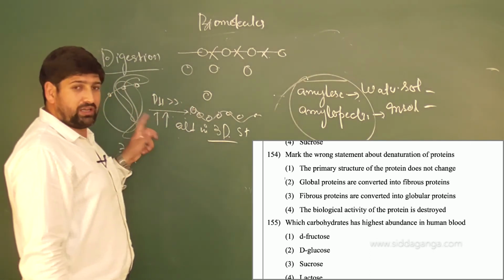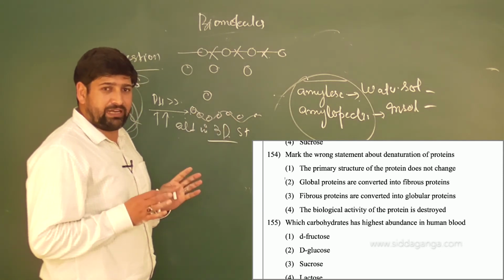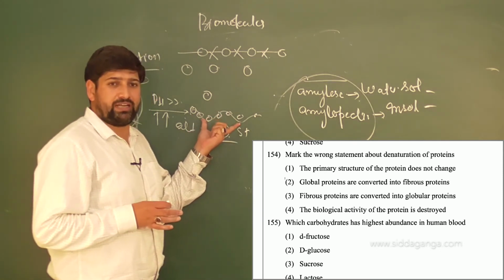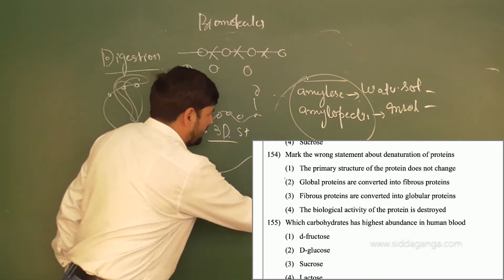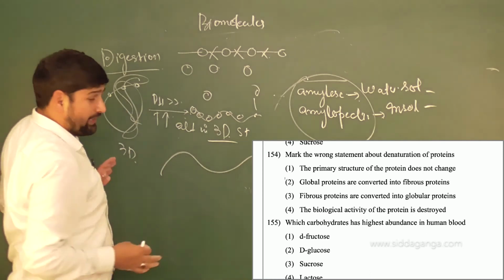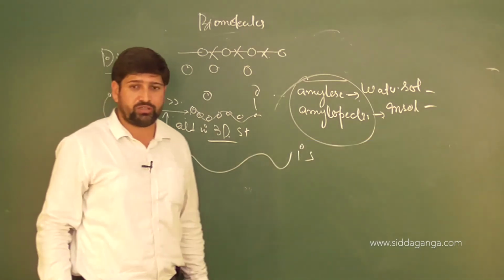When you alter the conditions, this chain opens up, and the basic peptide bonds present in a protein chain are called the primary structure of protein. So this is the common primary structure of protein without any hydrogen bonds available. The only linkage present is peptide linkage. This is correct one only. Option B.